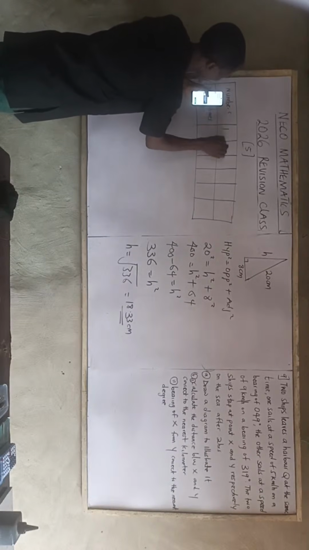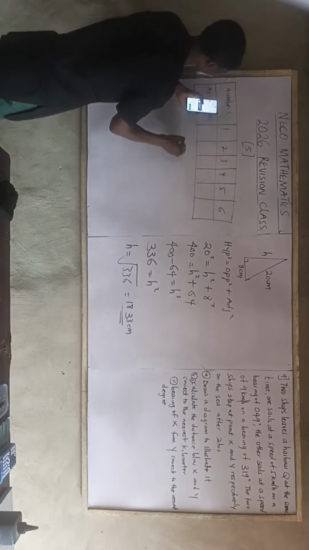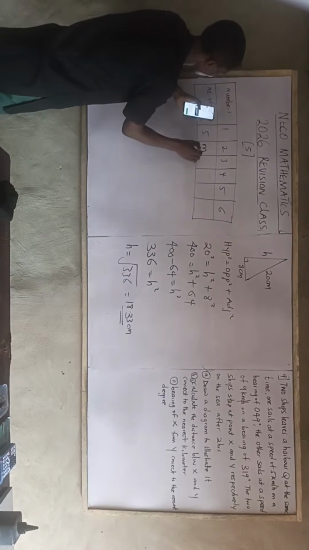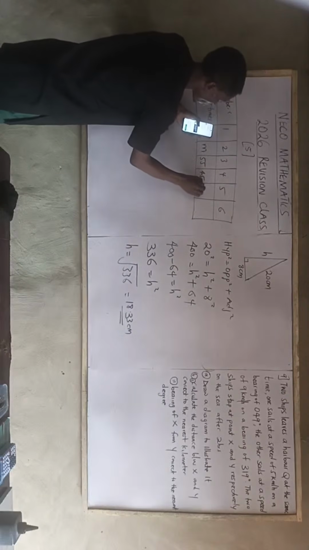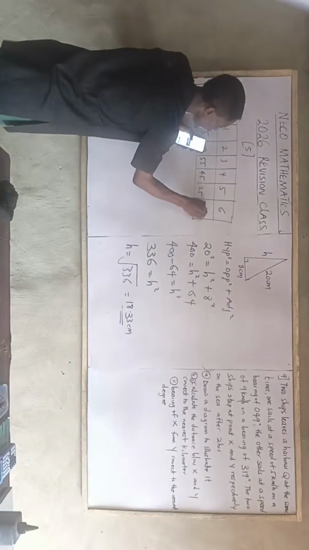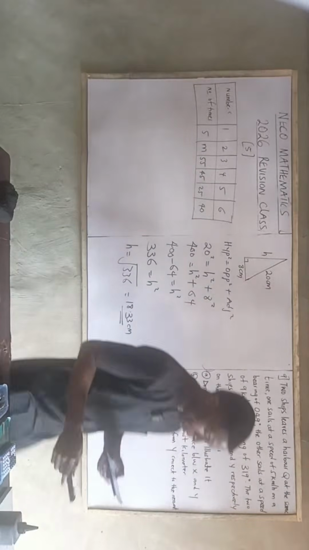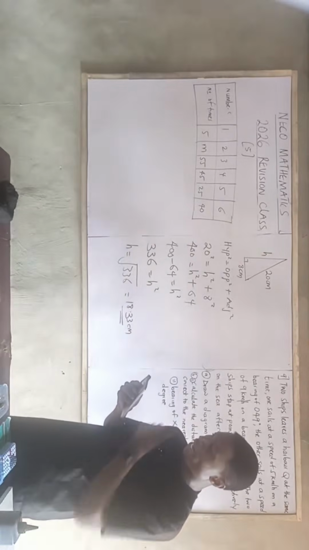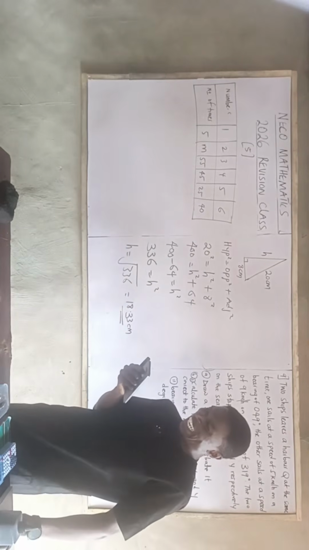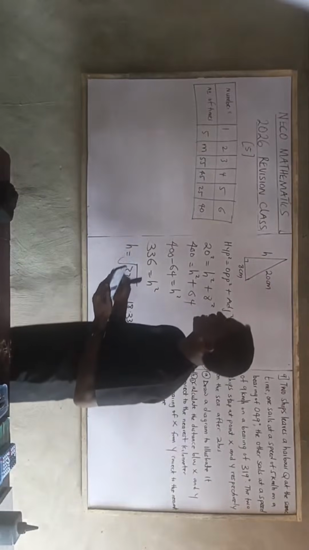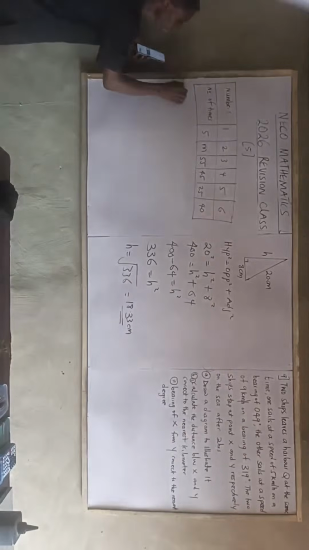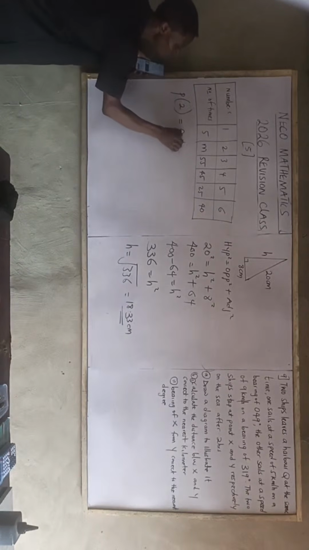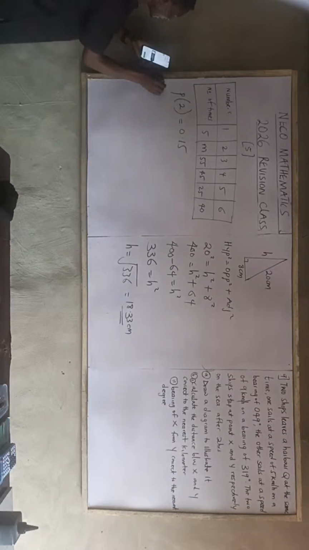Here we've got the numbers 1, 2, 3, 4, 5, 6. Then the number of times: 5, m, 55, 45, 25, and 40. Now look at that question. The question here says, while I read and you follow right down the board, if the probability of obtaining a 2 was 0.15, then we have to find